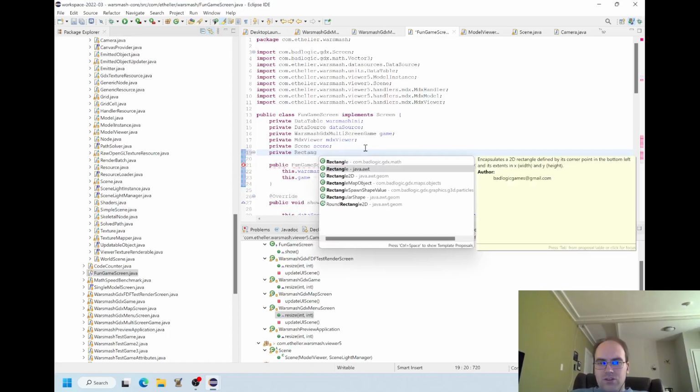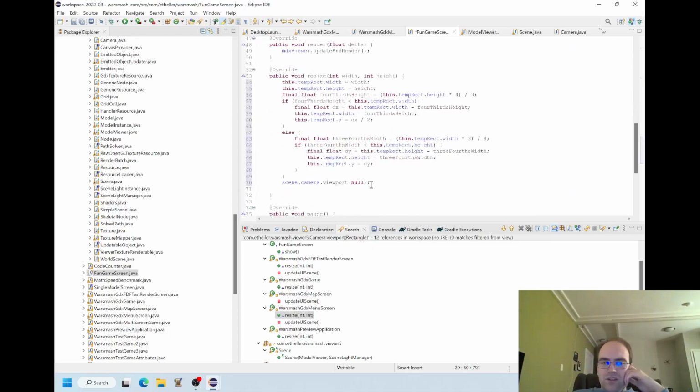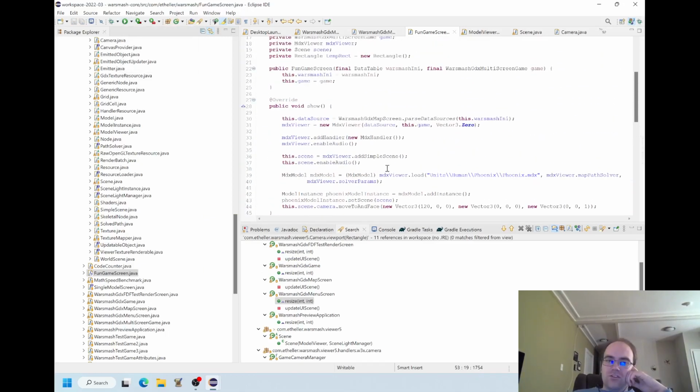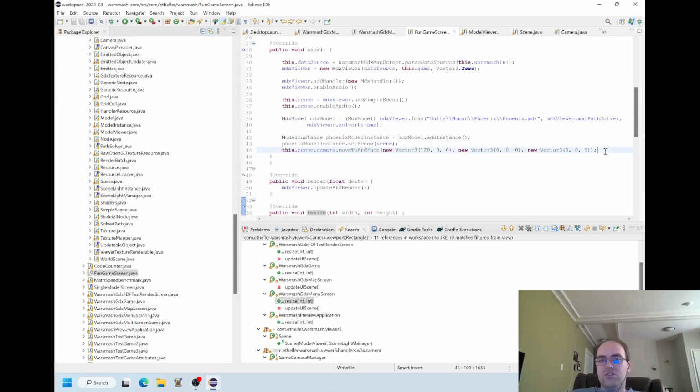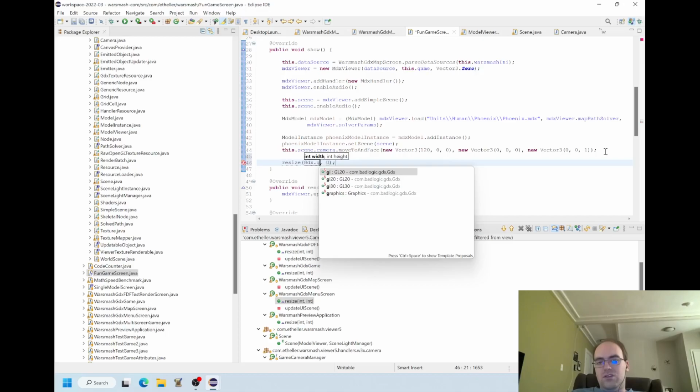So I just create one rectangle called the temporary rectangle at the start of the program, and I just keep reusing that rectangle. So that's our temp rectangle, and we're going to set the viewport to it. What that really means is that when I resize the screen, I'm going to set my viewport to match. And we're going to call that same function on the startup.